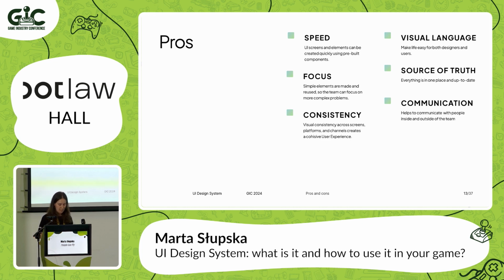And the last pro I have here is communication, and this is the perfect thing for the team. It's easier to communicate when you have everything in one place. Sometimes you don't even have to communicate because you already see what you should do, what rules you should be following, or what styles to use. It's all there. And it's also good for communication outside of the team. For example, with our director, you have everything in one place. So if he or she or they want to check the up-to-date thing or the current thing you're using, you can just check the design system.